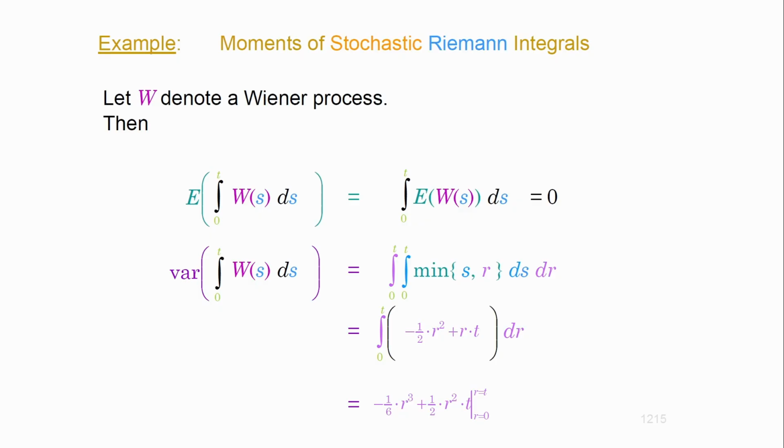So negative 1/6 plus 1/2 equals 1/3, right? You see that. So this is basically what you're left with, and this is 1/3 times t to the power of 3, which is t cubed, okay? And that was it. Now, you might remember where 1/3 is coming from for the variance of this integral. That was the integrated Wiener process. Remember that? So this is illustrating the variance of the integrated process. And that was the first statement I was making.